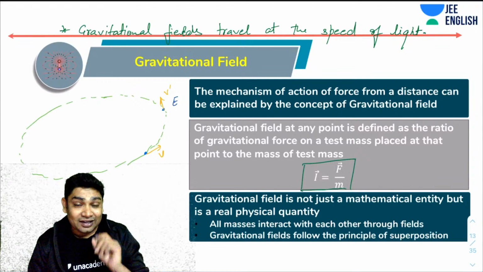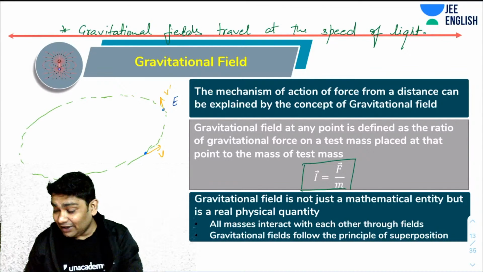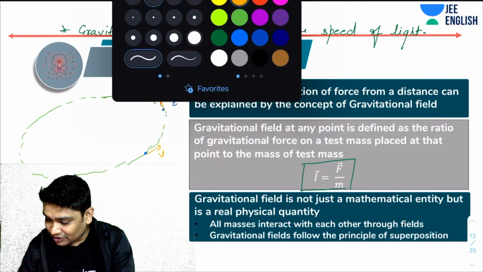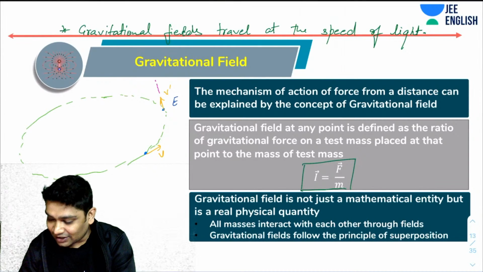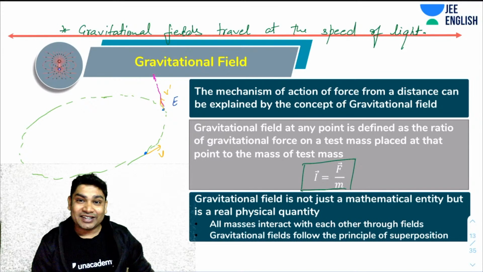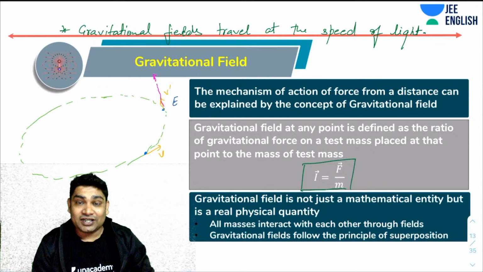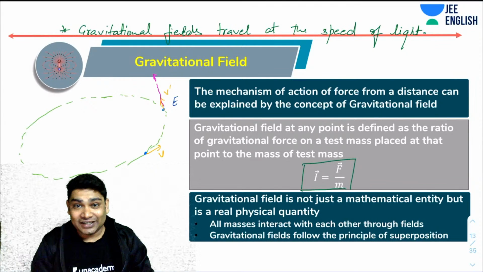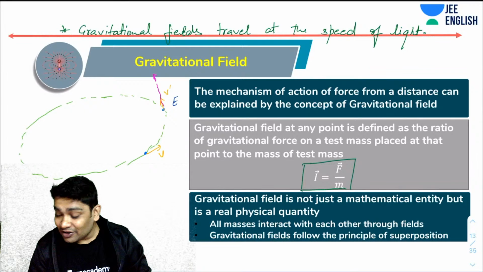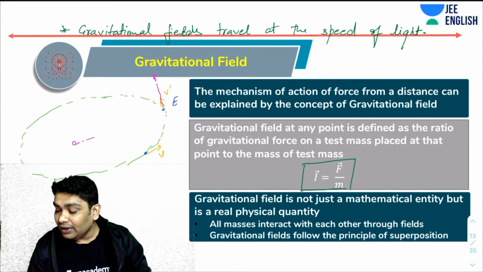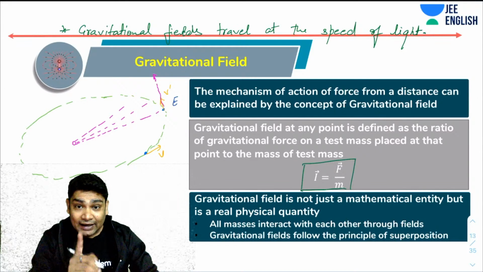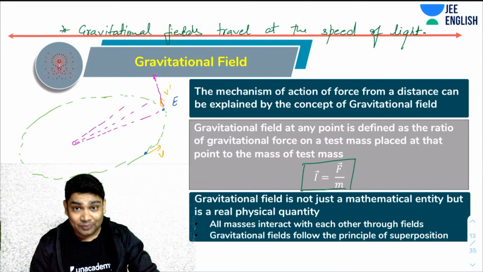Now the options said if the Sun suddenly disappears, then what would you think? You would have thought that the Earth should have just moved tangentially and gone out of its orbit, right? Now that is not the case. Interestingly enough, the gravitational field emitted by the Sun is going in all directions, and light takes 8 minutes to reach the Earth. So imagine